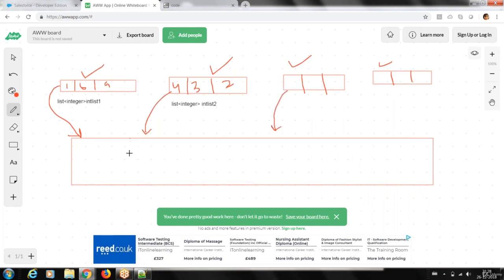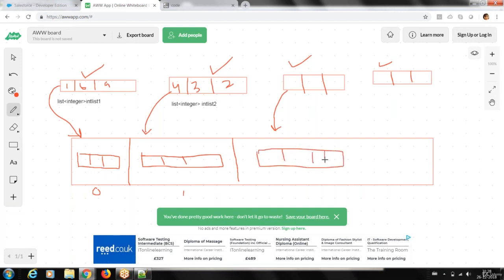So all of these are going to be single elements. Can I say the first index, 0 index, is going to contain one list, and the next is going to contain one list, correct? Getting my point?